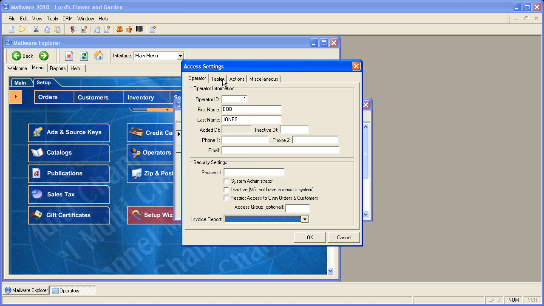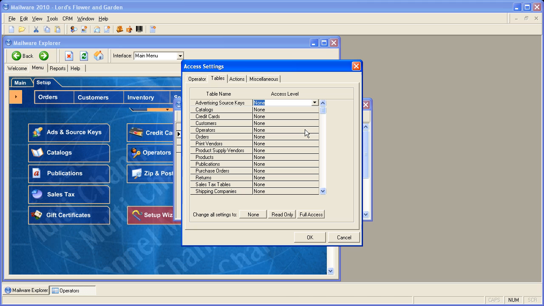Once you've set up a user, you can also specify which screens in Mailware they have access to. This could be read-only, full access, or none at all. For an order operator, you typically only need to have access to the order screen. Giving them full access to the other screen will allow them to enter orders, create customers, and view product information,